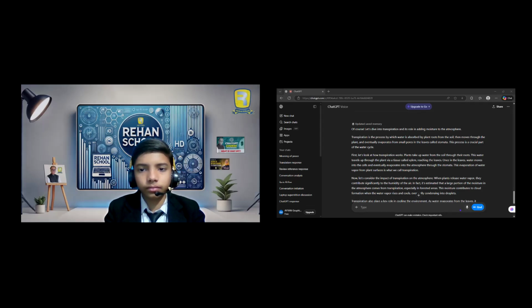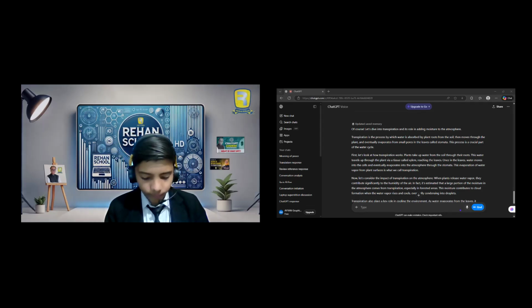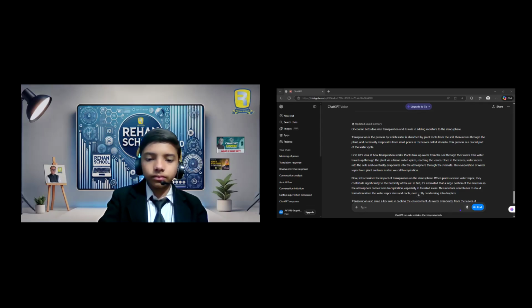latent heat during condensation. In essence, this cooling effect is fundamental in many atmospheric processes, including cloud formation. As the rising air cools and reaches its dew point, the water vapor condenses into tiny droplets, forming clouds. This entire process is central to weather patterns, precipitation, and even the climate. So, in summary, the cooling of rising air is a fundamental principle of atmospheric physics, and it underpins many of the processes that sustain weather and climate.